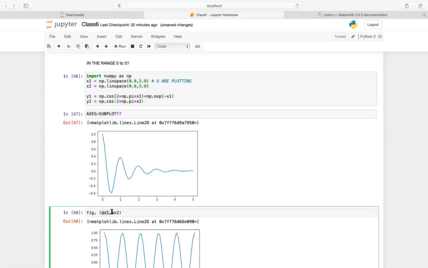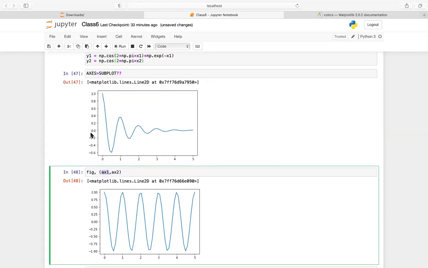So this is ax1 and then ax2. The first axis corresponds to your first plot, whichever is your first plot, your choice, it doesn't matter. So let's say this is my first plot, and this is my second plot. ax1 will correspond to my first plot, whereas ax2 will correspond to my second plot. If you have three plots, then you will have ax3. If you have four plots, then so on, ax1, ax2, ax3, ax4. So it depends on the number of plots.